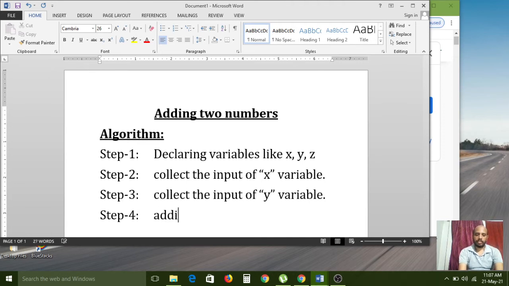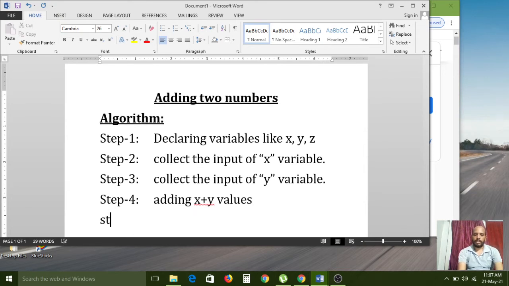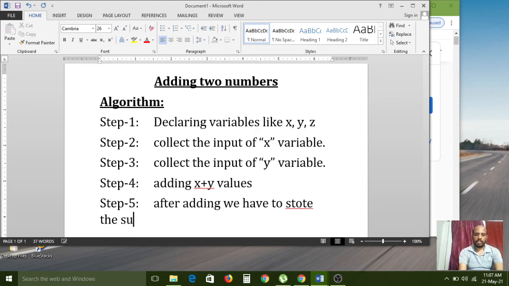After that, step 4, adding x plus y values. After that, step 5, after adding, we have to store the sum value into z variable.